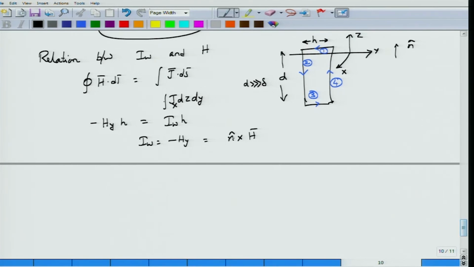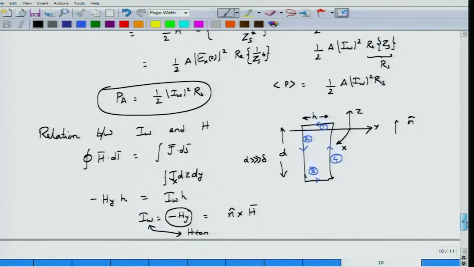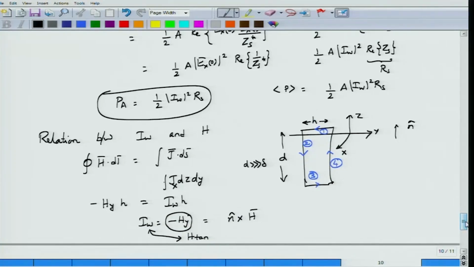So regardless of the fact, on the surface this H_y is nothing but the tangential component of the magnetic field, right. Therefore, the current per unit width, or the current on the metallic surface, is actually equal, at least in magnitude, to the tangential H component. Okay. You can now substitute this expression for I_w into the power lost per unit area and obtain: